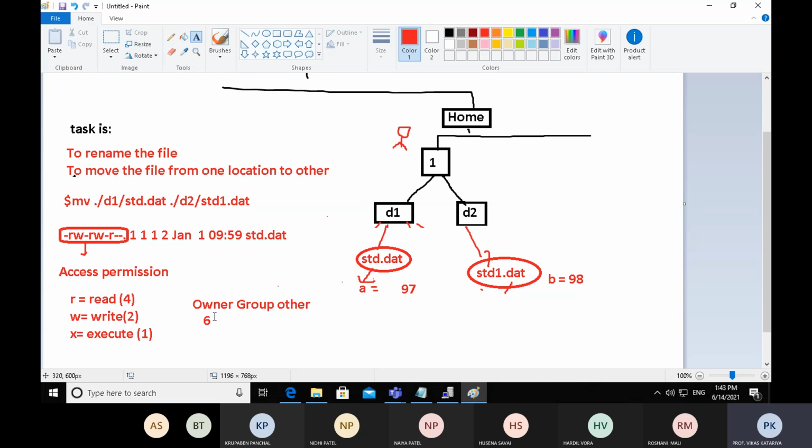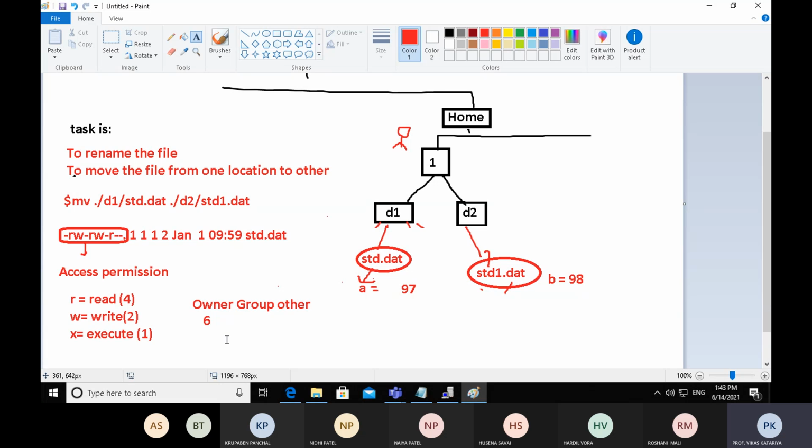If you provide the digit 6 to the owner, what does it mean? 4 plus 2, 6 means owner can read the file and owner can write to the file. This is the meaning of 6.